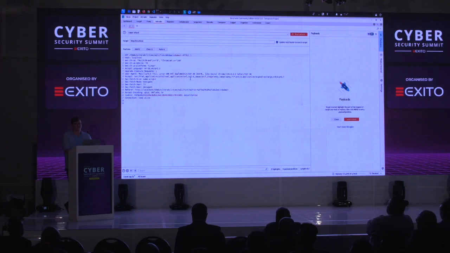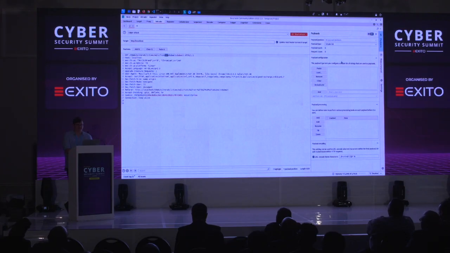Which is why you're seeing attackers and brute force happening more and more, and why it takes so little time for people to get this right. I can simply mark an ID like so, and I can add a list of different things I want to try. I want to try the numbers, and I want to try a username. Now, to get a view of the output I get,